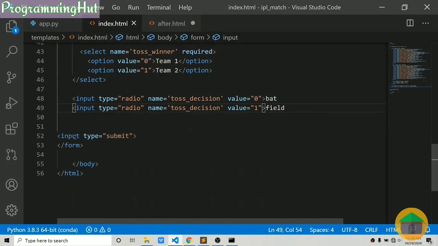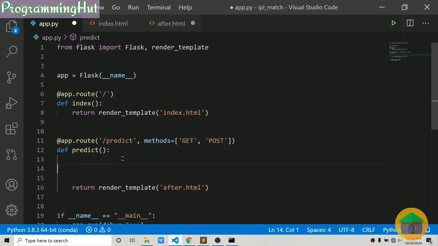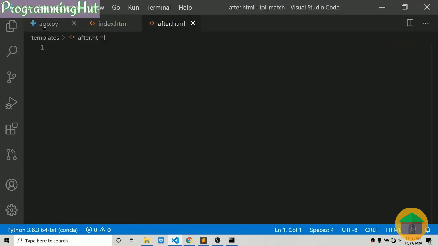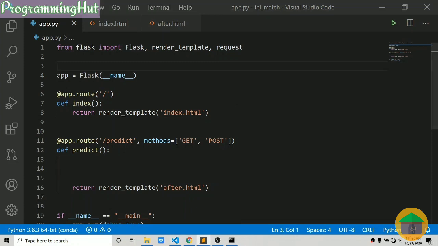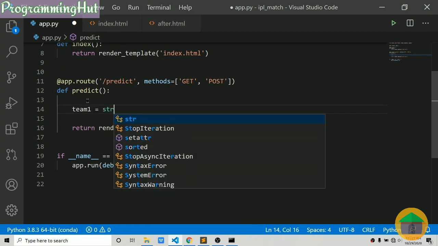Now everything is working fine. Now we just have to transfer the values over here. Again, it is really easy. We may also need to import one more module from Flask, which is request. Now we will come to the prediction function, and we can create a team1 variable, and we can convert this to string.